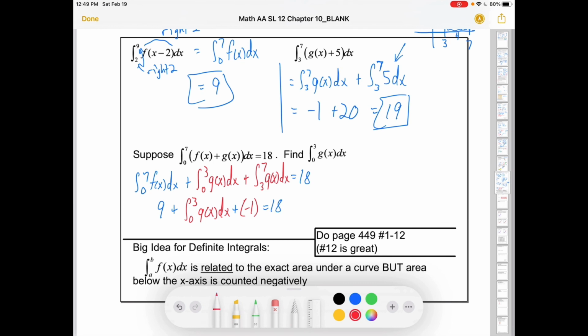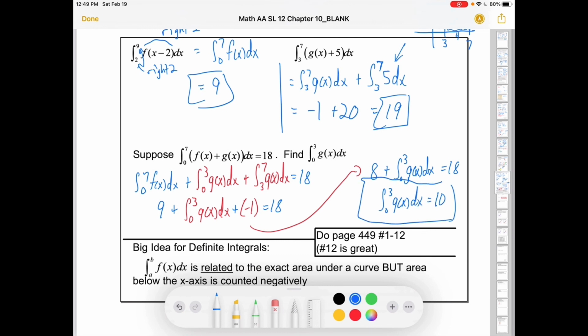So in other words, let's move this over. That means I have on my left-hand side 8 plus the integral from 0 to 3, g of x dx equals 18, or the integral that we're looking for has a value of 10 without ever knowing what that actual function is. So in this case, we've just got little logic puzzles that we're playing with